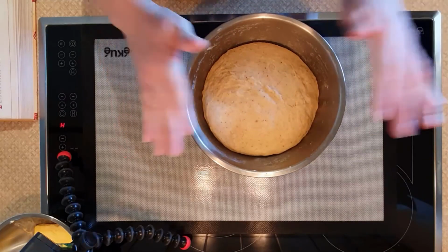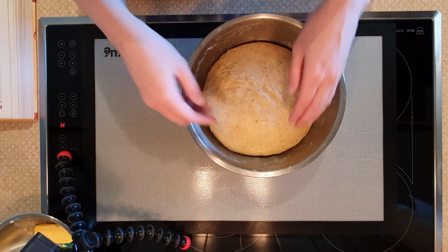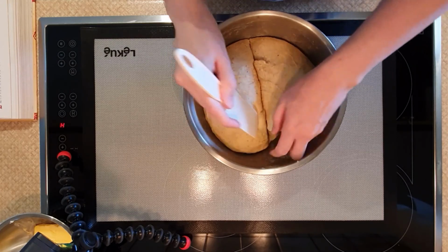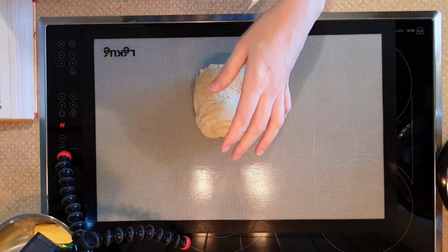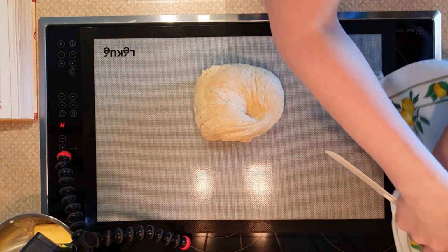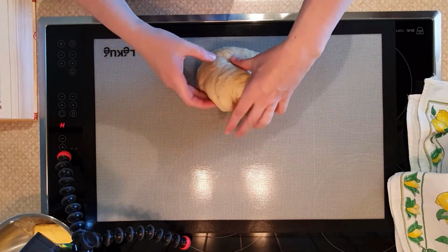So since I made a full batch, the first thing you're gonna do is roughly split this in half. It's not an exact science, so don't worry if you don't get it exactly half. All right, now we set the other one aside. I'm just gonna cover that up again so it doesn't dry out too much. And then for this one,